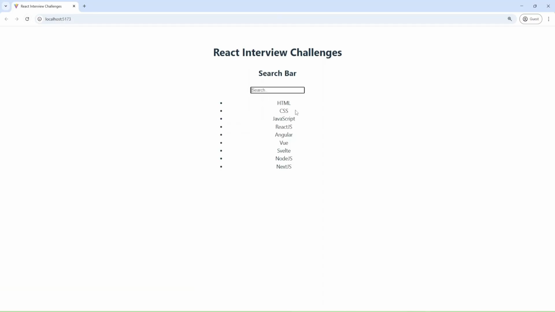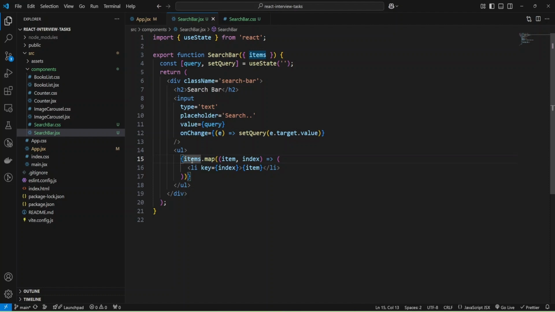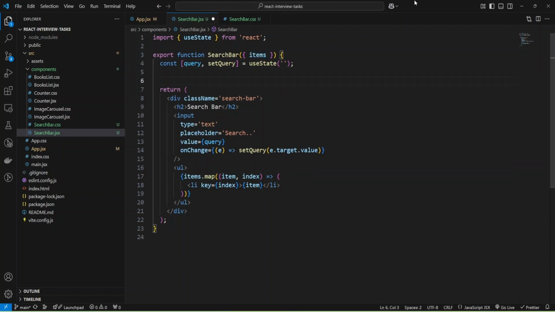And we can provide value, but we haven't added any functionality to change the items. Let me add one more variable, const filteredItems. In this variable, I'll store the items that we will retrieve after the filter function.